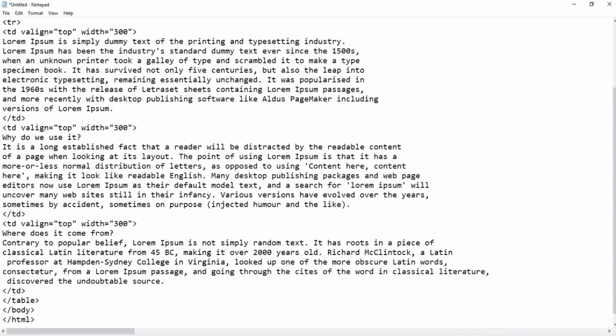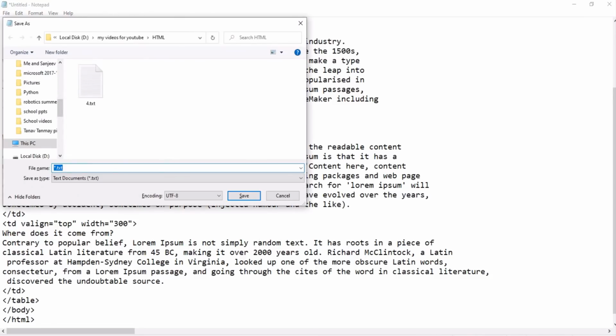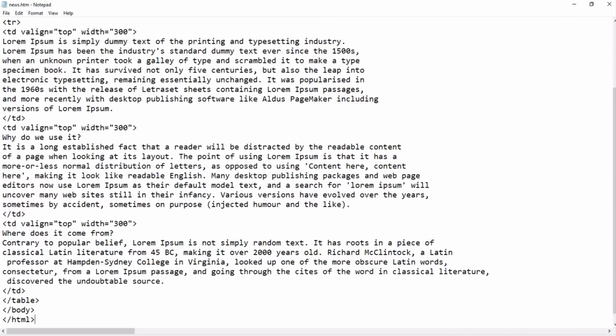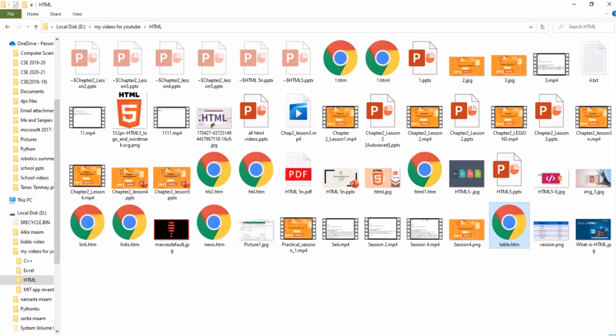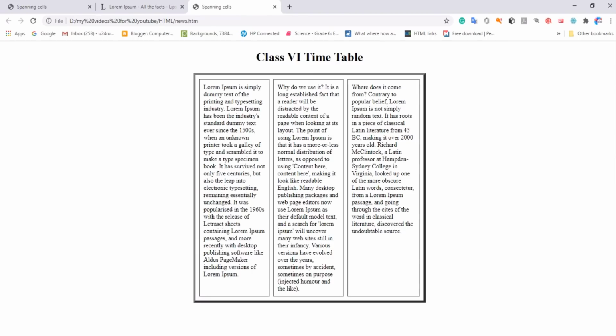This is a new file, so that's why it is asking me. No problem, I'll write here news.html. All files I'll save. Let me open my file, this one. Let's see.